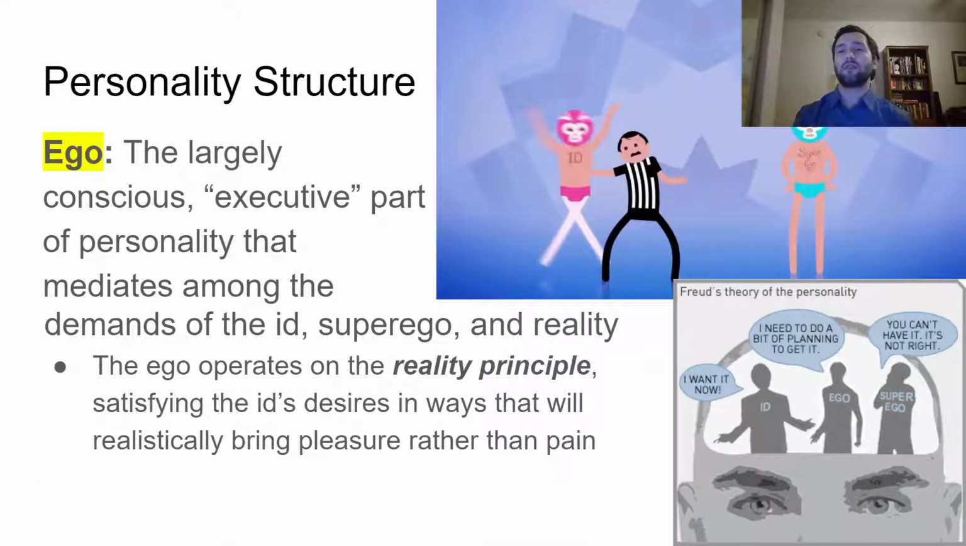So the ego, you can kind of think about it, and that's why this image is on there, as the referee in between, okay? We've got our id on one side, we've got our superego on the other. If you want to think about that cartoon of an angel and a demon, the middle is you, right? That's the ego. So the ego is mostly conscious,